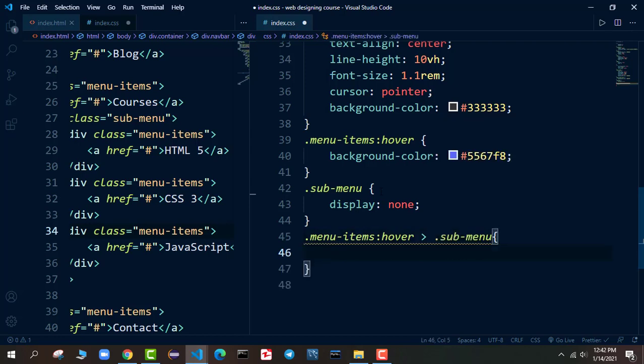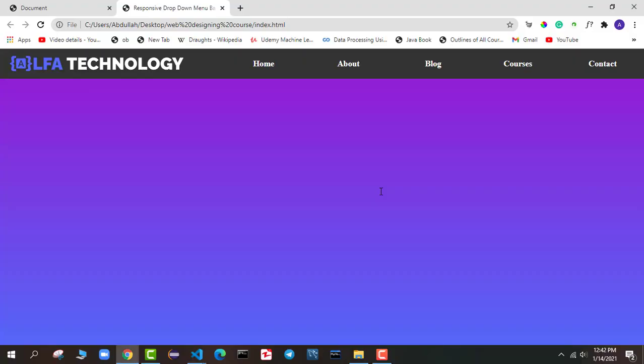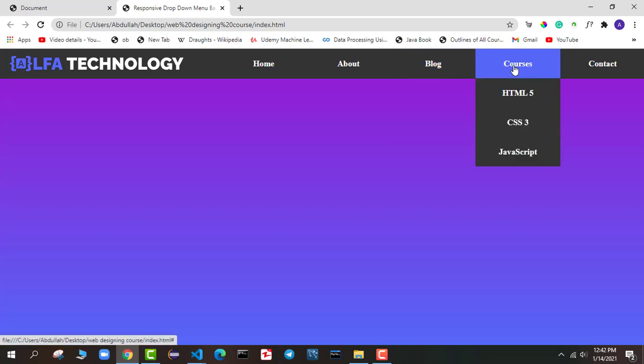It means when someone hovers on the menu items class, the effect should be applied on the .submenu class. And what is the effect that we want to apply? As you know, we will say display block, so they will appear again. So if I refresh it and hover on any item, it will not appear, but if I hover on the courses item, you can see it will show the drop down here.